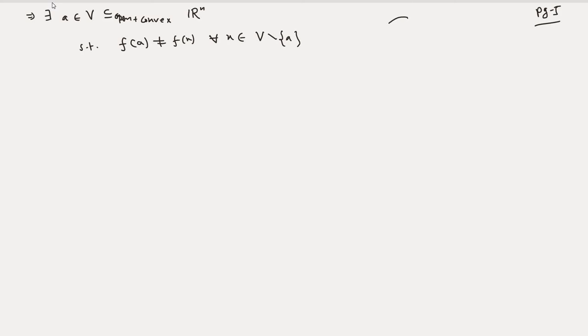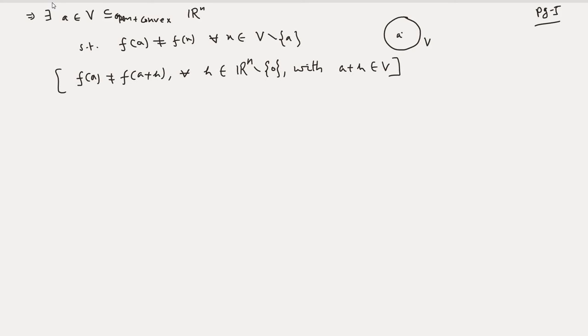Okay, so without loss of generality, one can consider some small ball with center at A and some small radius, and this is V. So equivalently, f of A is not equal to f of A plus h, for all h belongs to Rn, nonzero h, with A plus h in V. Okay, so